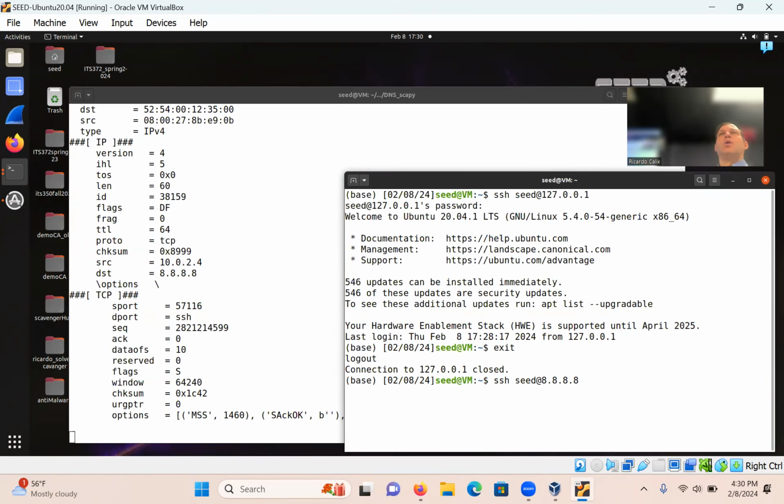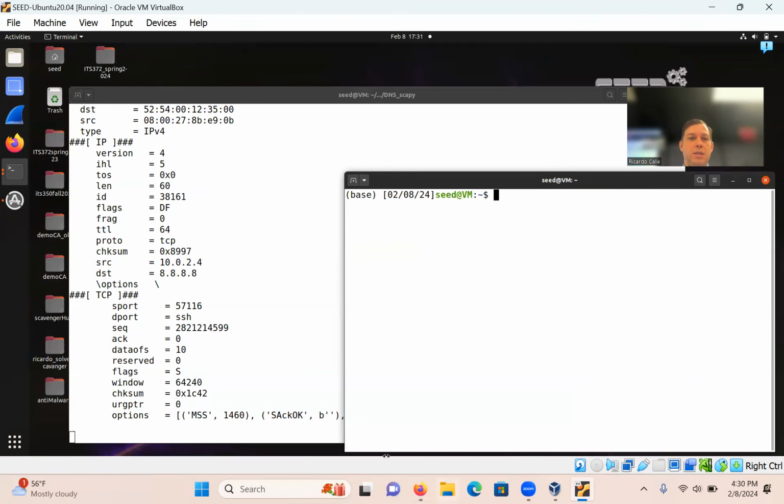Do you guys see that? So now, when I try to go to 8888, the sniffer picked it up. Doesn't matter if we get there or not. I mean, the point is that it should capture that packet basically. Okay. Any questions, guys? All right, great. So that is the example there